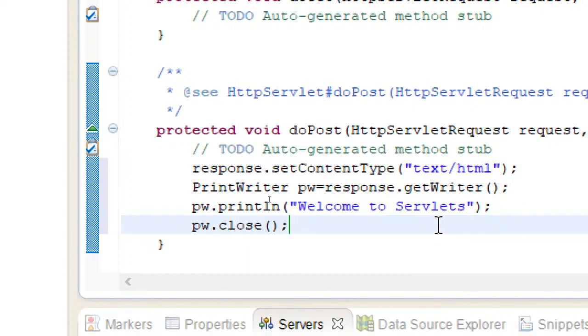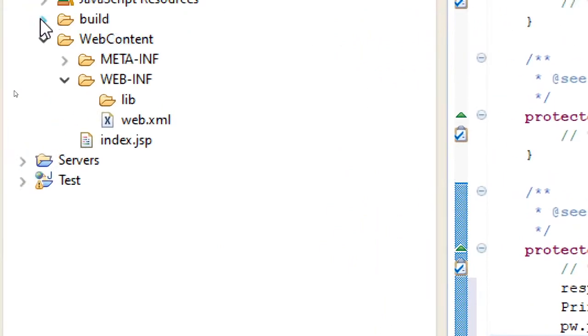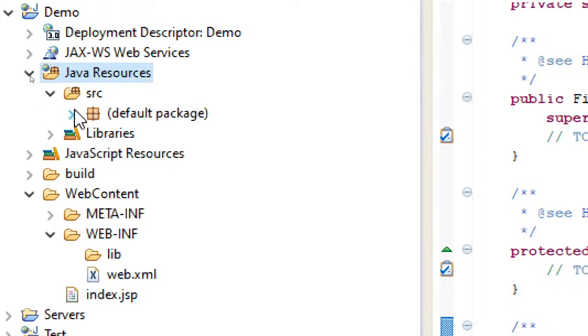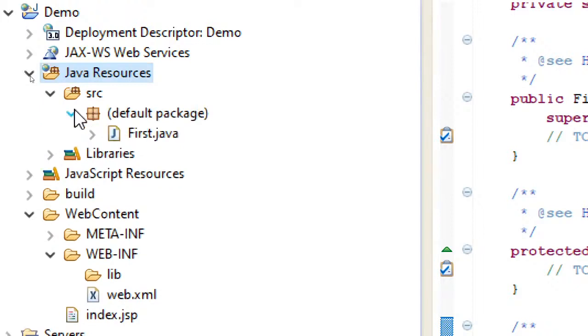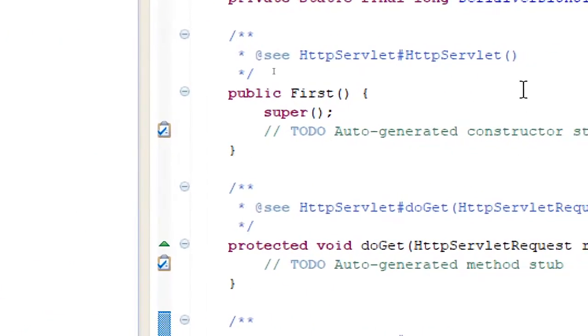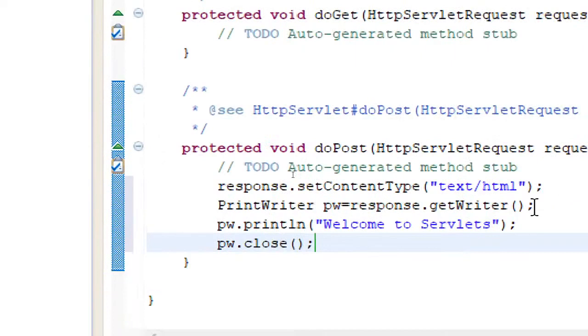So I hope everyone understood how I created the very first servlet. What you just need to do is right click on your src folder, and then either create a package, otherwise you can directly go for a default package and then give the servlet name. Automatically it gives you the skeleton. In the skeleton, whichever fields you want to fill, only those fields you can fill. Remaining things you can just leave as they are.